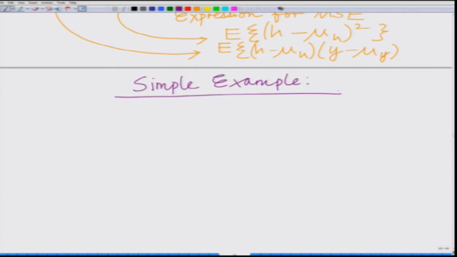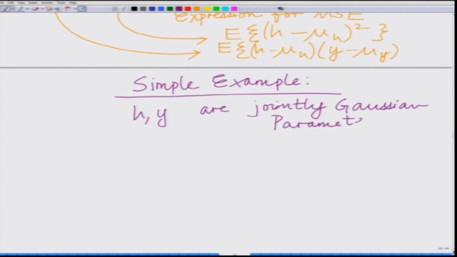We have two jointly Gaussian parameters, let us say h comma y. These are jointly Gaussian parameters with